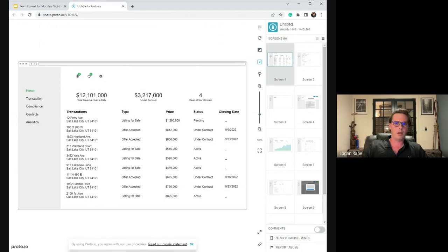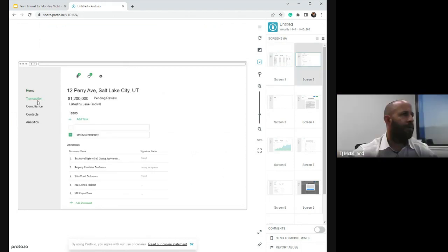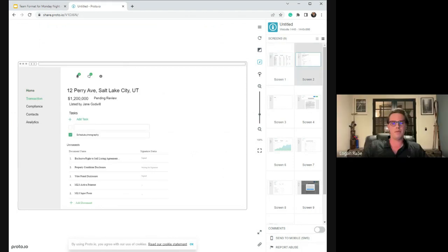So if you come here, your status will say pending or under contract or active. If you hit transaction, TJ. One of the big things we've done is we have, for the first time, put code underneath all of the documents. And when you put code underneath all of the documents,